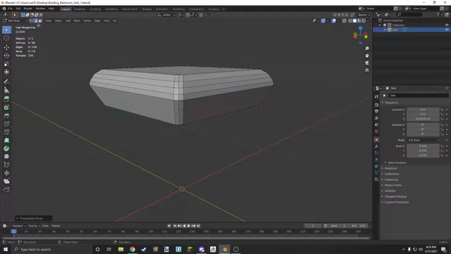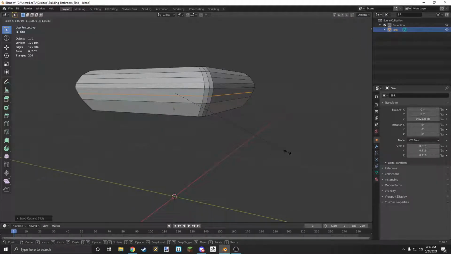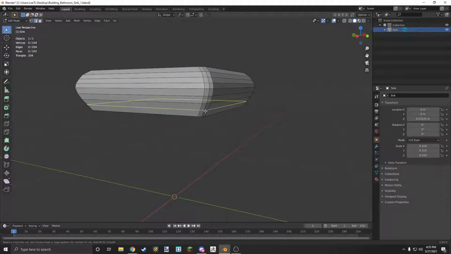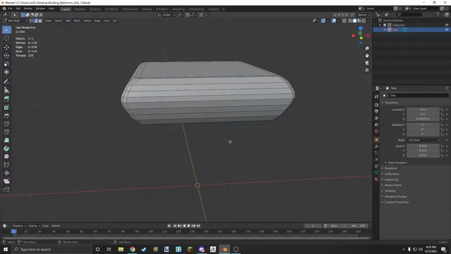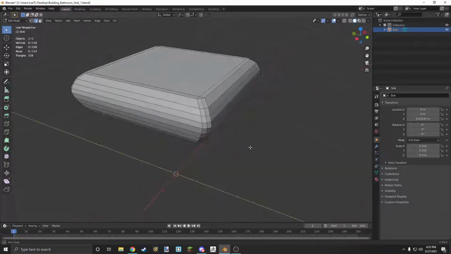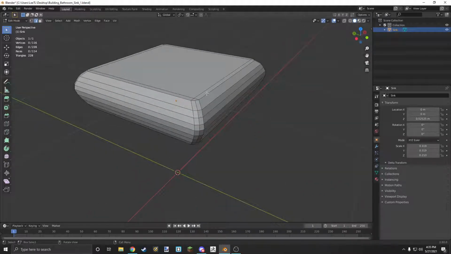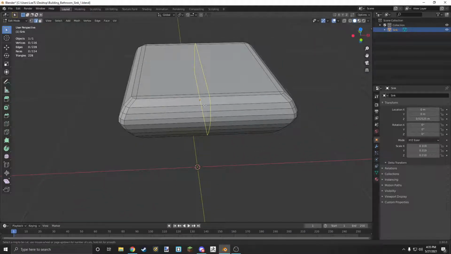So the thing with 3D modeling is it is a lot of technical work. So you're going to be working and just, you know, playing around, seeing how things work, kind of getting an idea of what this is going to entail. And this is not too bad. The issue that I am seeing right now is the sink has this weird bevel on the sides. So I'm going to go ahead and